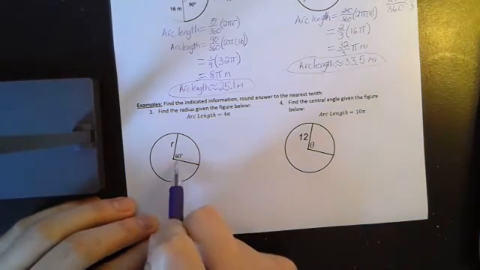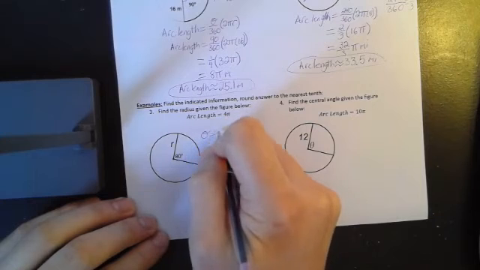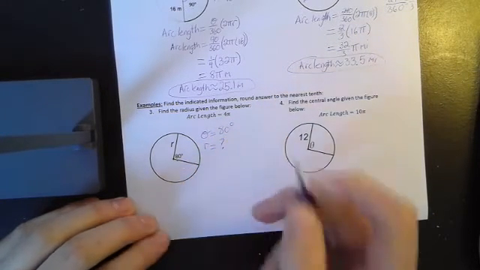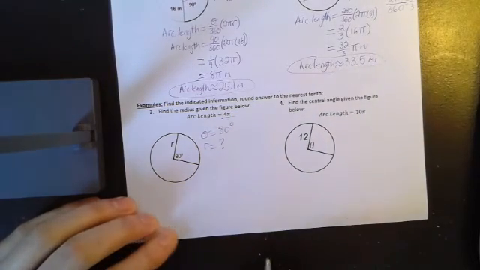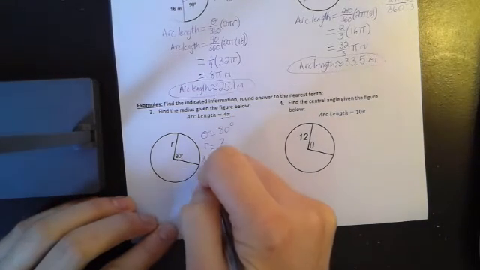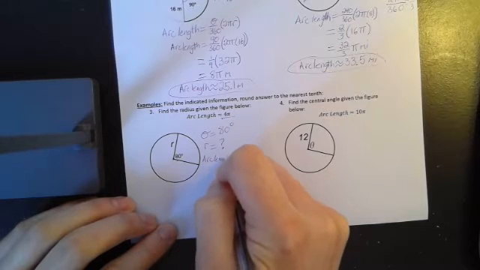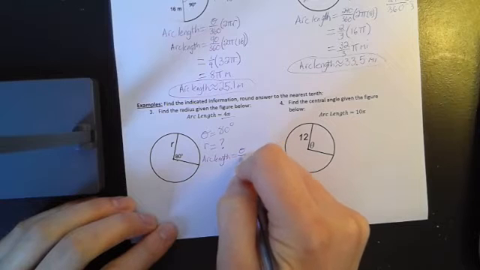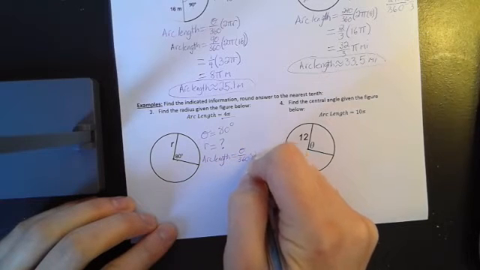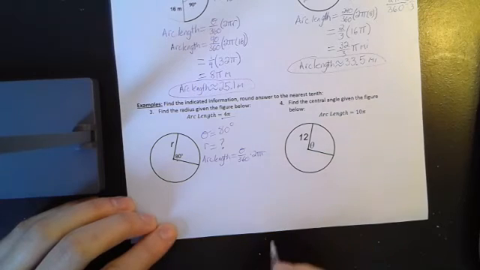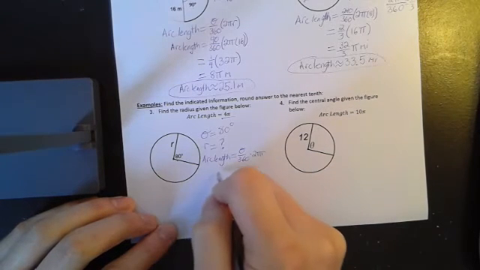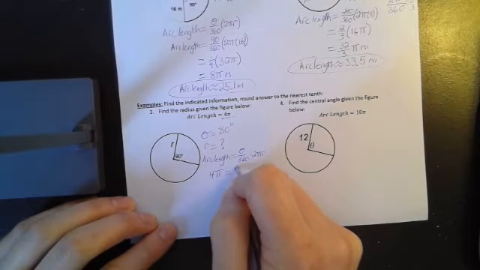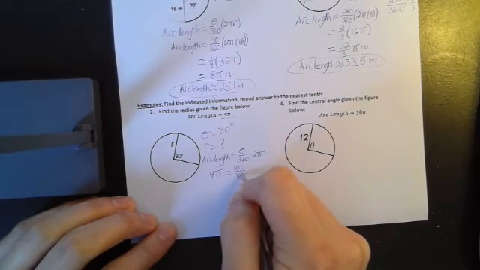So for number 3, we're given the central angle is 80 degrees. We're trying to find our radius. And you're given the arc length is 4 pi. So just like for circumference, start with your arc length formula. Arc length is equal to theta over 360 times 2 pi r. Now we can substitute in. Our arc length is 4 pi. Theta is 80, so 80 over 360